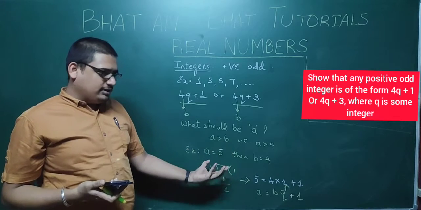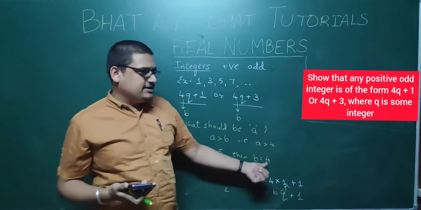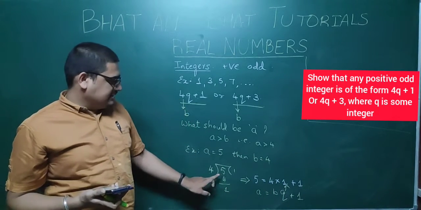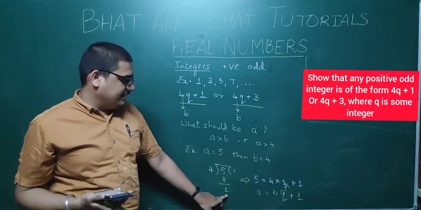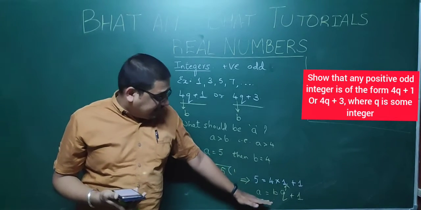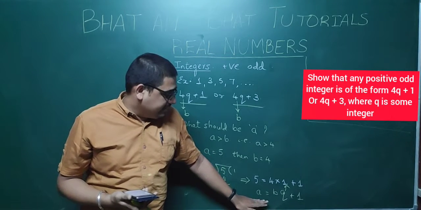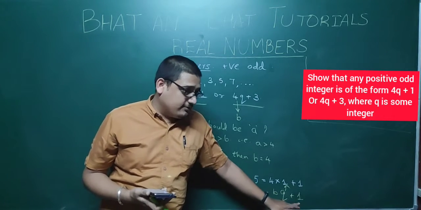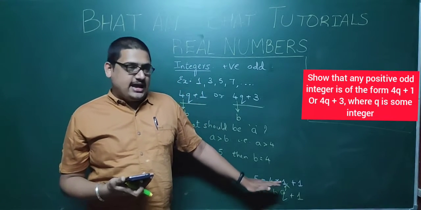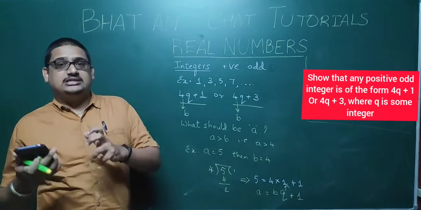So now I have done the reverse calculation, that is a is equal to 5, b is equal to 4. I try to apply the division process. 5 is equal to 4 ones are 4, remainder becomes 1. I converted that into a statement and observed what I got: a is equal to bq plus 1, where b was 4 earlier. So I can say I got the answer for 5 as 4q plus 1, the general format.